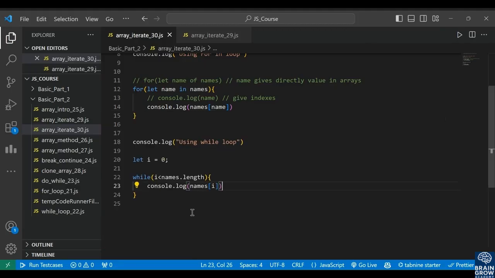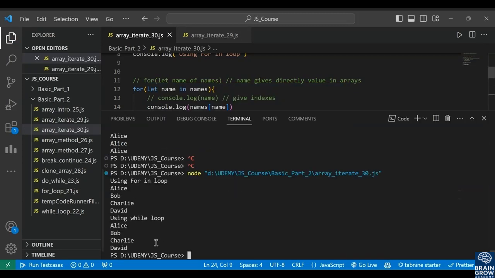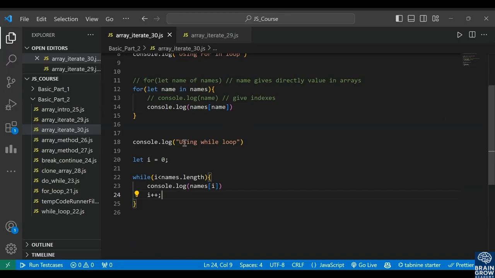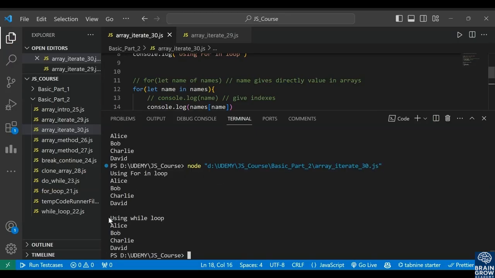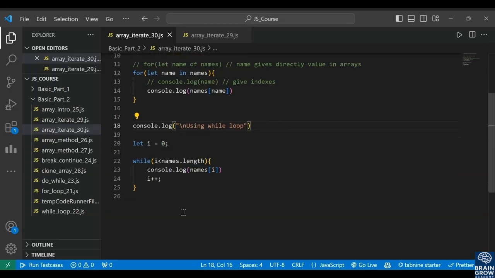Okay, so here the loop goes into an infinite loop, so we need to increment i by 1. So now you can see, add a new line. So you can see the same output: Alice, Bob, Charlie, and David. And after that,